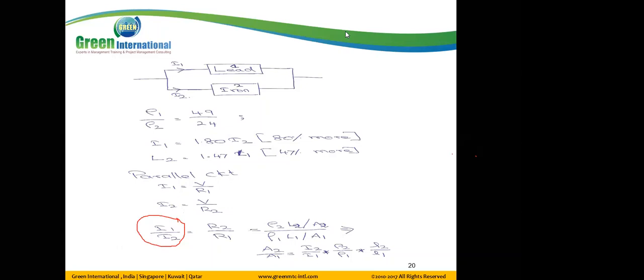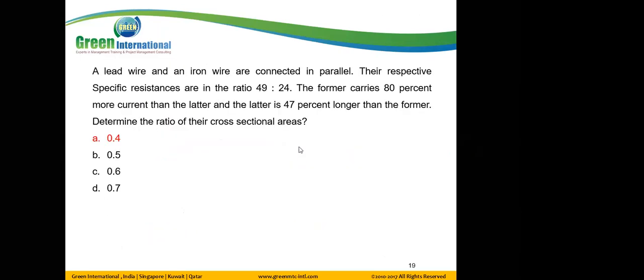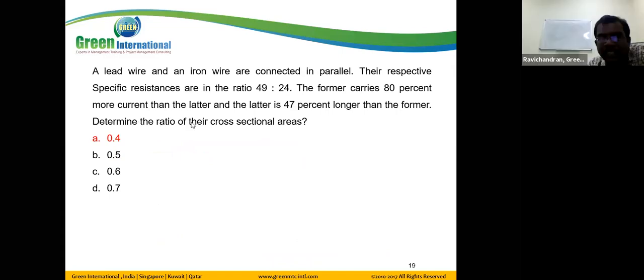Repeat this, sir. Okay. Determine the ratio of the cross-sectional area. We may find the cross-sectional area either as A2 by A1 or A1 by A2. It depends upon the person. They may write it in a different manner in that exam. Finally, we get the answer A2 by A1 or A1 by A2. Either we get the answer.